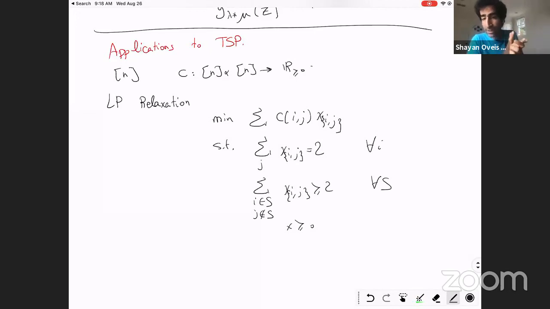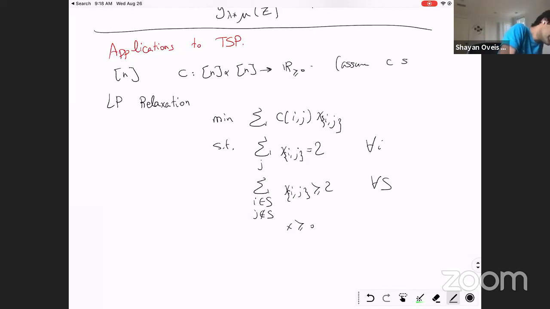Now you drop the integrality constraint, say that I'm happy with any non-negative vector X, and then you get this relaxation. The interesting question for TSP is: given an optimum solution to this LP relaxation, how would you round it to an integer vector, to a tour that visits every city at least once? I should say, you usually hear that in TSP you should visit every city exactly once. So if you assume that